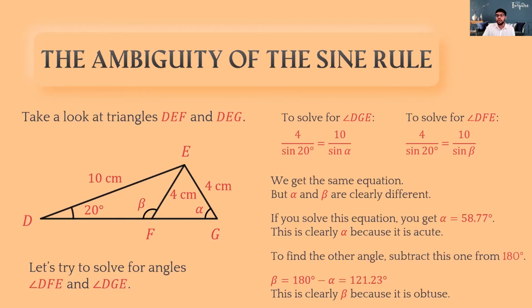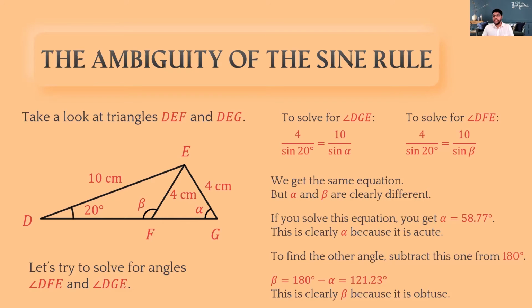Sometimes from the sine rule, you will get an acute angle, but the question will not want the acute angle. The question will clearly ask, what is the obtuse angle theta? Or the diagram will be drawn in such a way that you have to find an obtuse angle. In that case, children, when you take sine inverse, you will get an acute angle always. But what you should do is take 180 minus that angle and you will get the obtuse angle that you're looking for. I'll repeat that one more time, right?